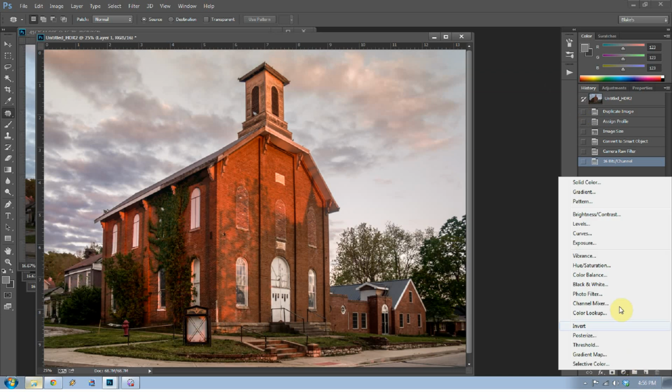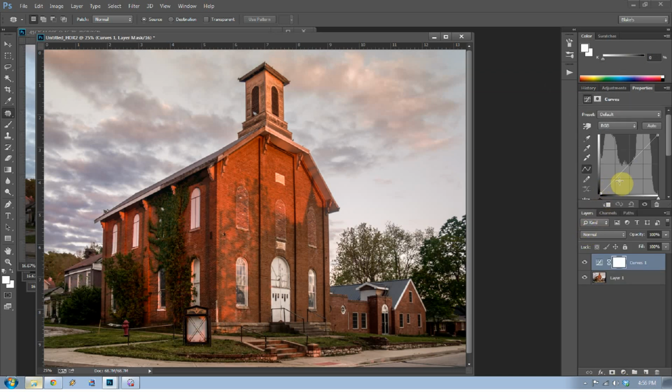So now what I'm going to do is make a curves adjustment. And with that curves adjustment, I'm going to first start with the typical S-curve and see what that does for me. And I like what the S-curve does already. It darkens up my shadows just like an S-curve should. It lightens up my highlights, and it makes both kind of push and pull away from each other.